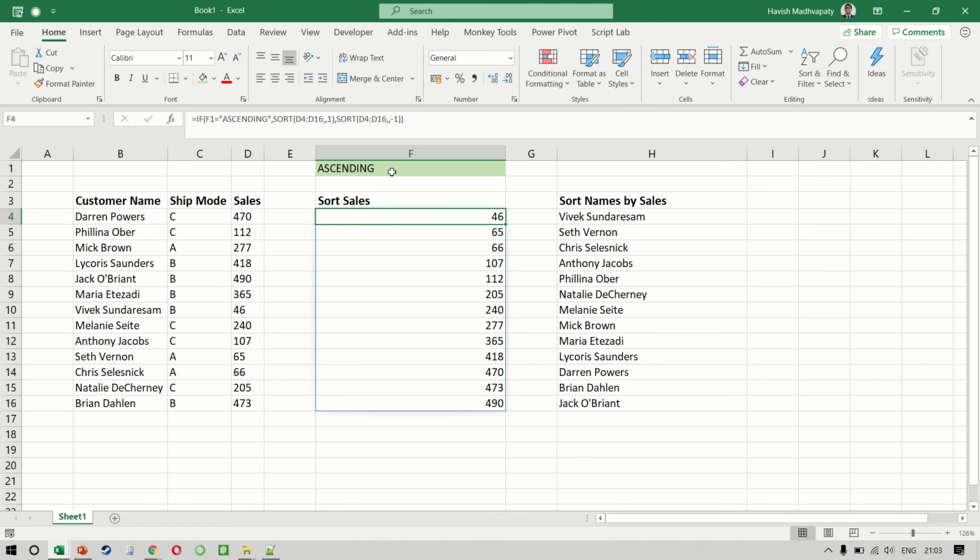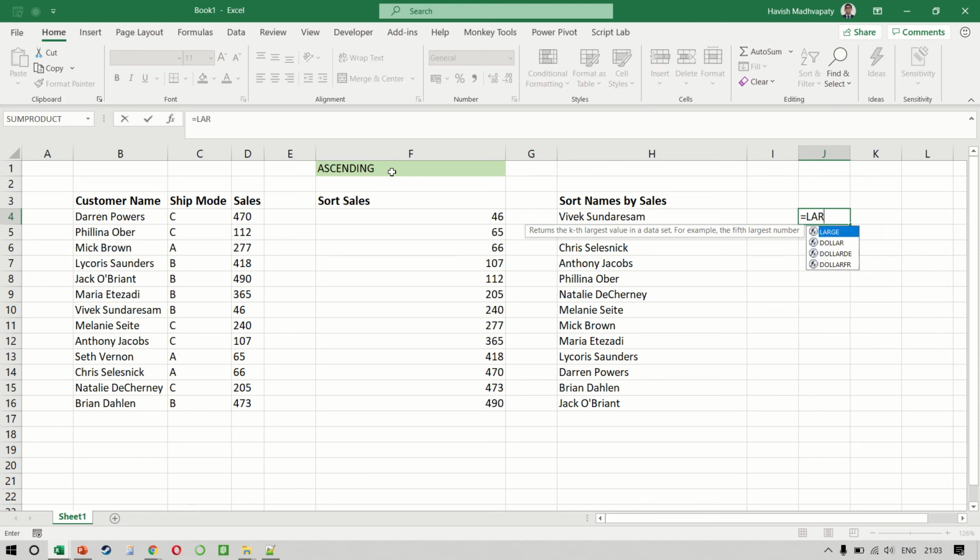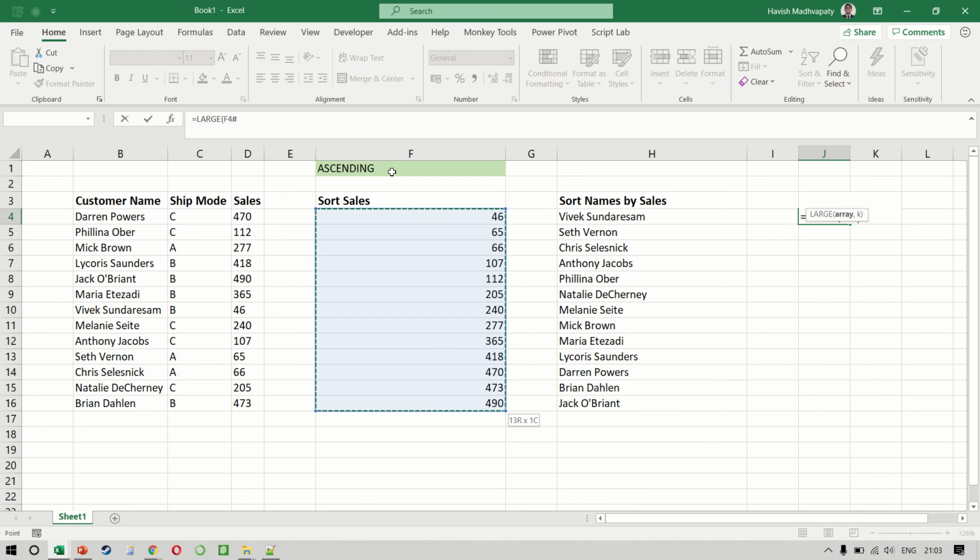So there are different ways in which these functions can then be combined with other functions as well. As an example, if I said equal to LARGE and I selected this range and the k value is in curly braces 1, 2, and 3, and then I close this as well.